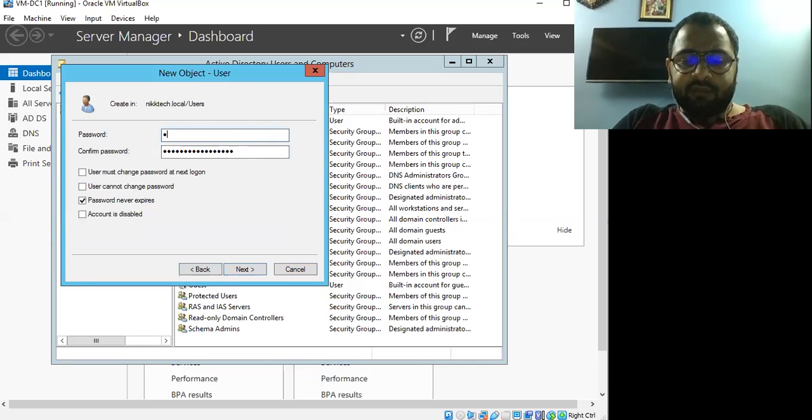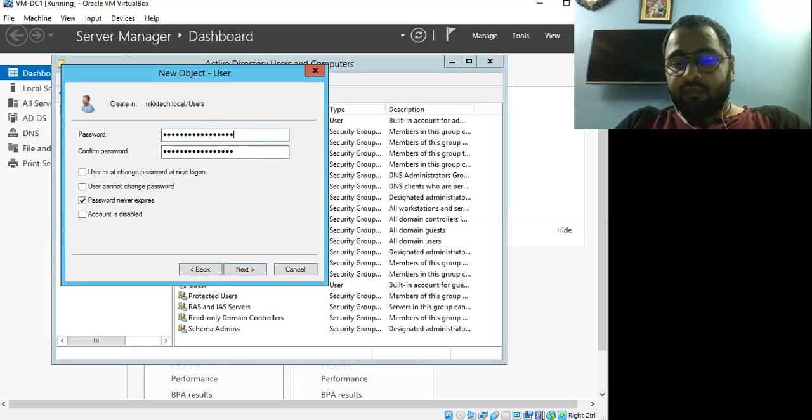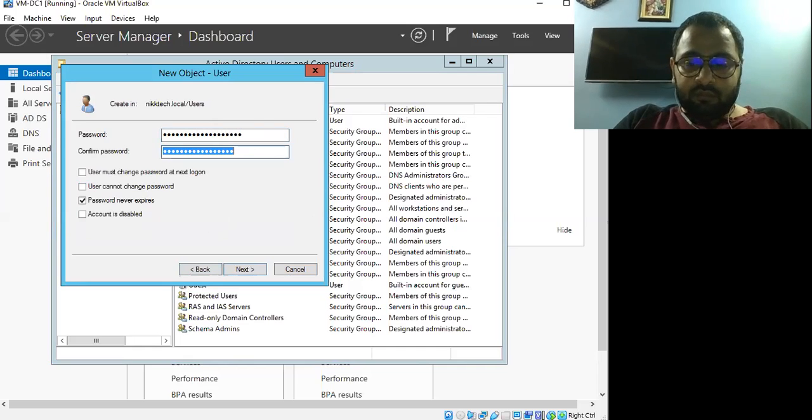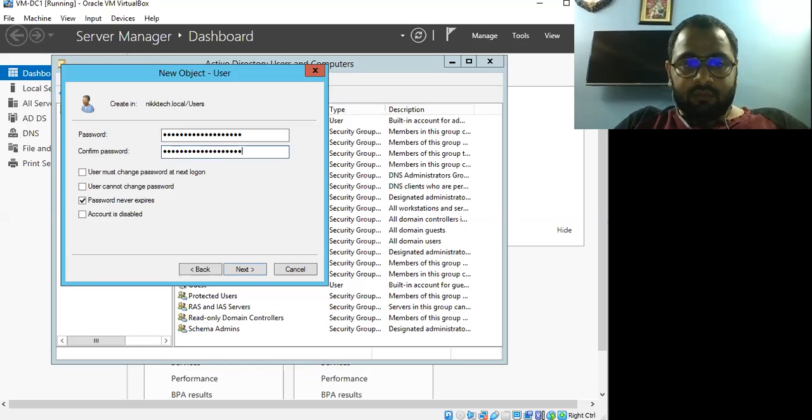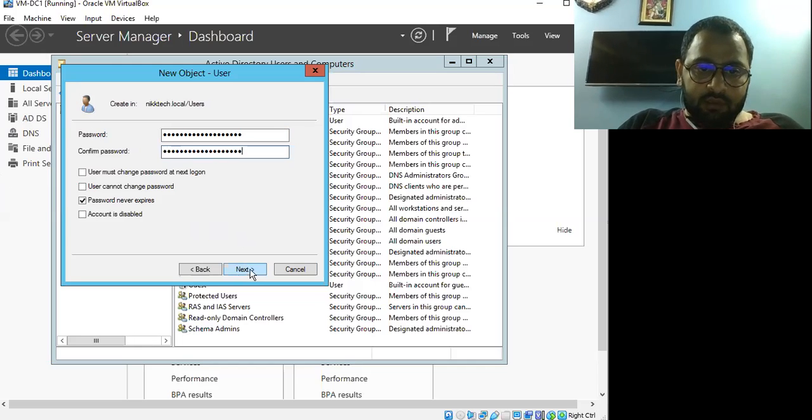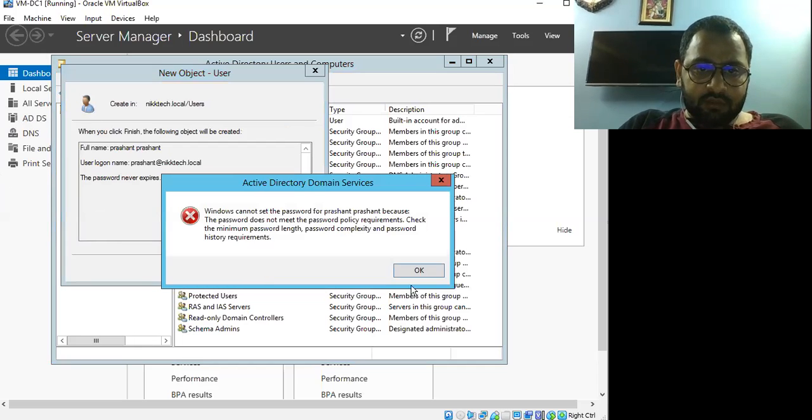Let me see one more time if I can do something here. Just give me a moment. I go to next, finish. So again, check the minimum password length, password complexity, password history requirement.